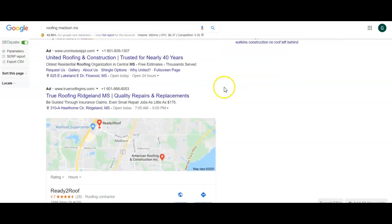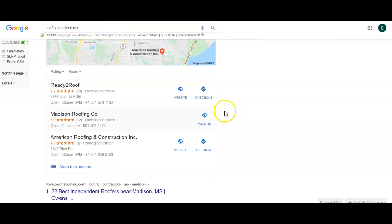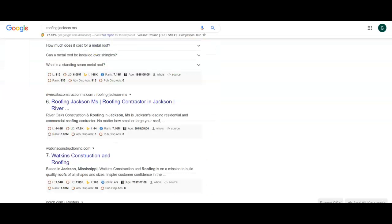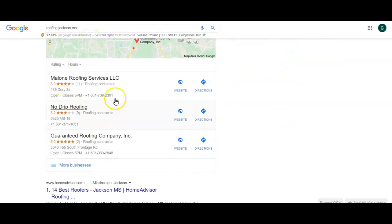But we look here. This is I typed in roof in Madison, Mississippi, even though there's really not much search volume in that area. But you are ranked up in the top 3, which is great for that. But as we've seen from looking at your metrics, it's still not really generating that much traffic for you. So I pulled it up over here on Jackson, Mississippi, and now we see who the top 3 players are